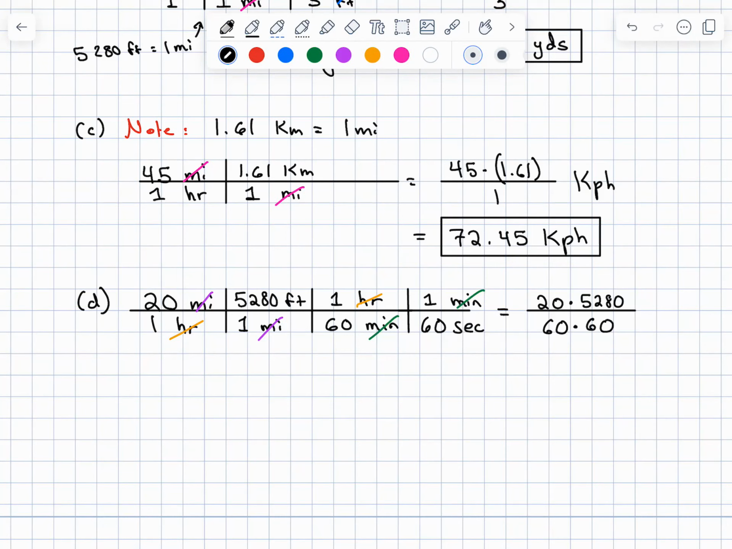And if you plug that into your calculator, make sure you've written it as a fraction or put your entire denominator in parentheses. Or you can calculate it separately. That's 105,600 divided by 3,600. And that will equal